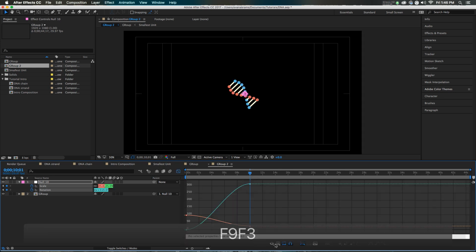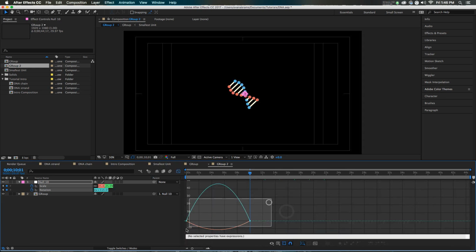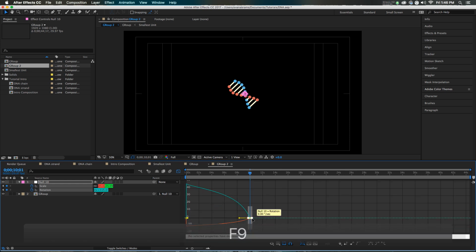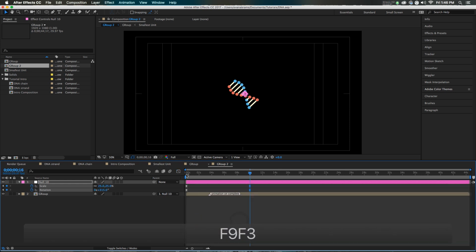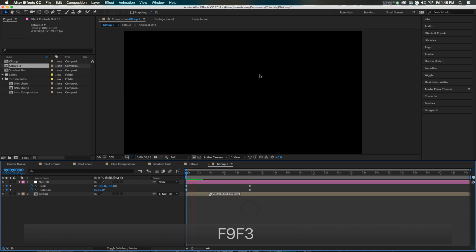315. And we go into the graph editor. We look at the speed graph, not the value graph, and push the speed to look like this. Ooh, not like that. Like this. Or maybe you use a script to do this. I don't know what you do. I don't know your business. But yeah, see, we've got this